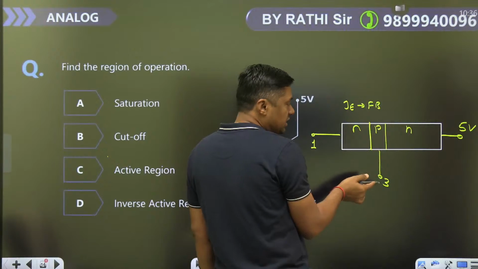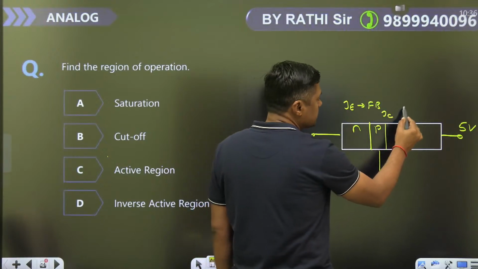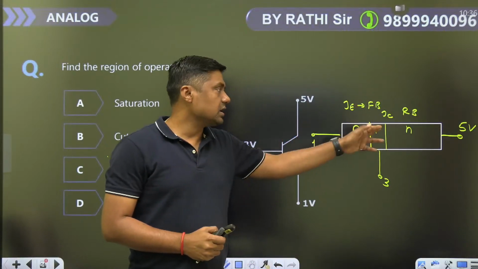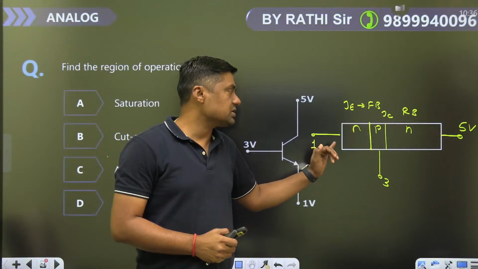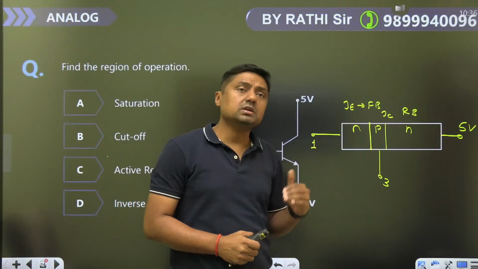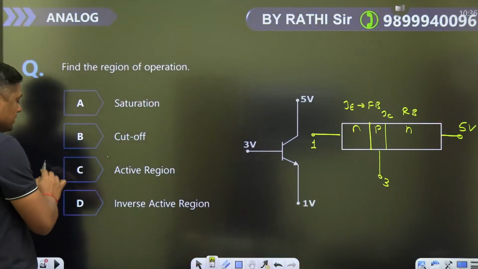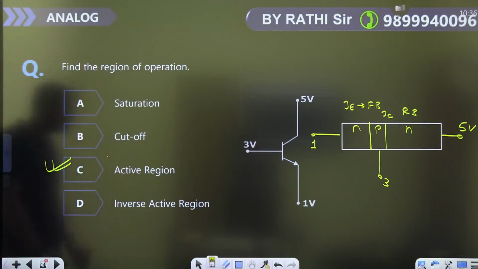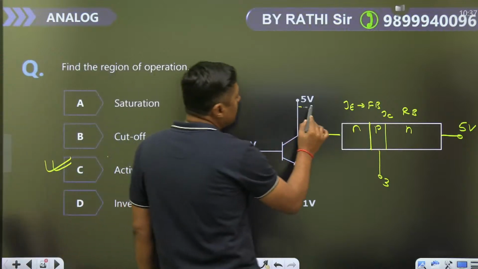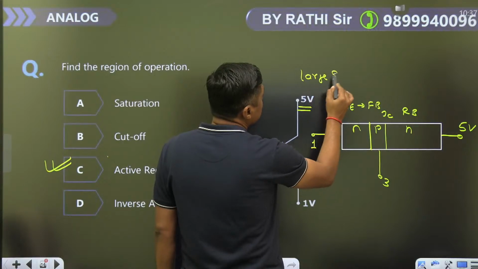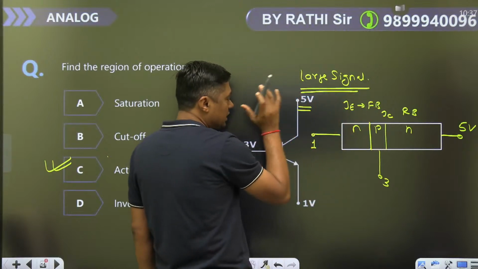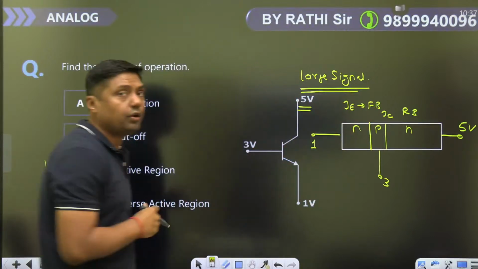कलेक्टर इज एट हाई पोटेंशियल एंड द बेस, मींस इस जंक्शन के बारे में क्या, रिवर्स बायस। देखिए डीसी की हेल्प से हमने यहाँ पर क्या किया, कलेक्टर जंक्शन को रिवर्स बायस कर दिया और बेस एमिटर जंक्शन को फॉरवर्ड बायस कर दिया। मींस द ट्रांजिस्टर इज इन एक्टिव रीजन। एक्टिव रीजन, सैचुरेशन, कट ऑफ, एक्टिव और इनवर्स एक्टिव रीजन। ओके, तो दिस इज व्हाट लार्ज सिग्नल गाइस, इसीलिए हम लोग डीसी को बोलते हैं लार्ज सिग्नल। ये कंपैरेटिव टर्म है, हम लोग यहाँ पर लार्ज सिग्नल लगाकर इस ट्रांजिस्टर को अभी हमने एक्टिव मोड में रखा हुआ है।